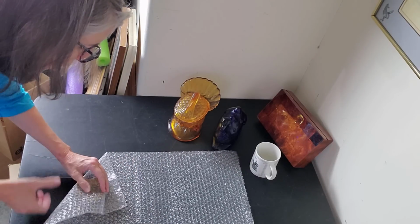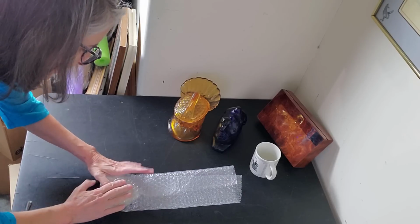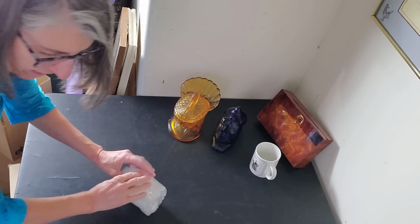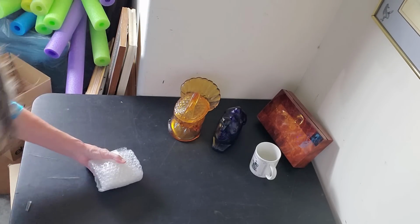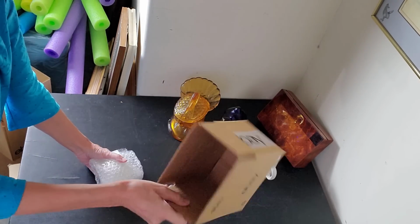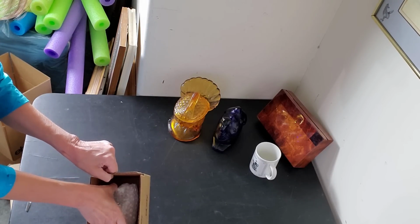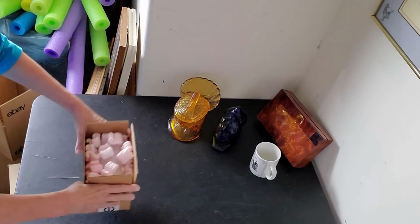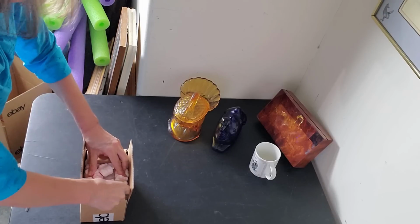I could do just one piece of bubble wrap, but sometimes things have just a little bit more specialness to me. This is something I would put in my own collection if I collected these. And so for that reason, it's just getting extra bubbles. And it's going to go in one of these boxes, which is the 6x4x4. You'll see it'll fit right down in there nicely, first class, but we are going to give it some peanuts. And there we go. We've got peanuts on all sides, and I'm squishing it down when I close these flaps,